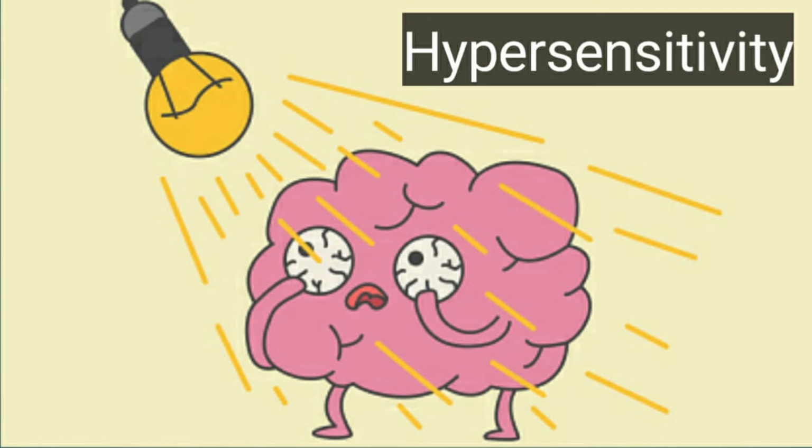In the complement involvement, type 1 is no, type 2 is yes, type 3 is yes, and type 4 is no. In the immune mechanism, type 1 is the release of mediators from mast cells and basophils, while type 2 is cytolysis due to antibody and complement, type 3 is the deposit of antigen-antibody complexes, and type 4 is the release of cytokines. An example for this is that anaphylaxis, hay fever, food allergies, and asthma are type 1, while the transfusion reaction